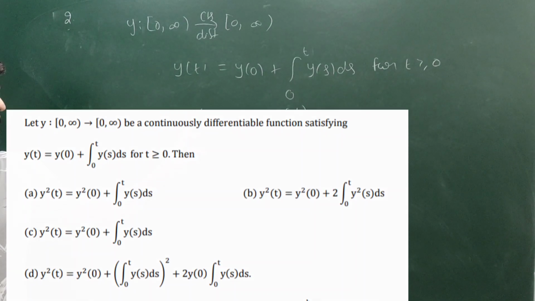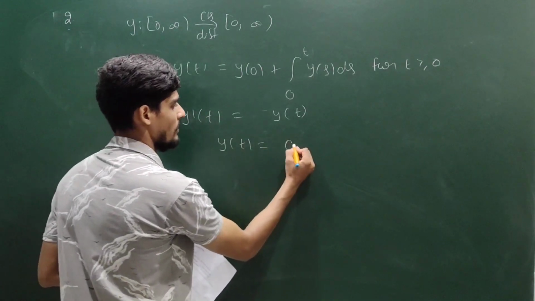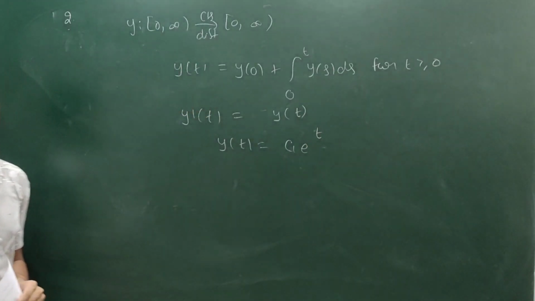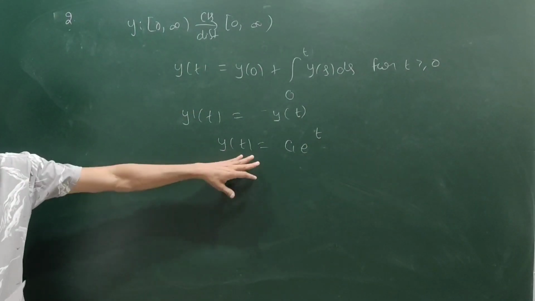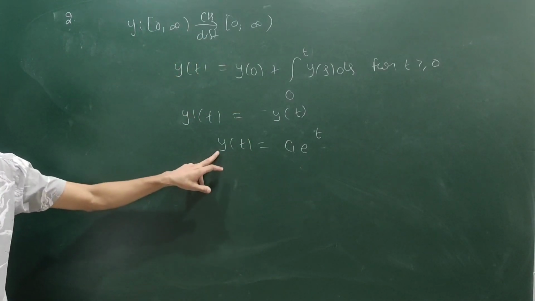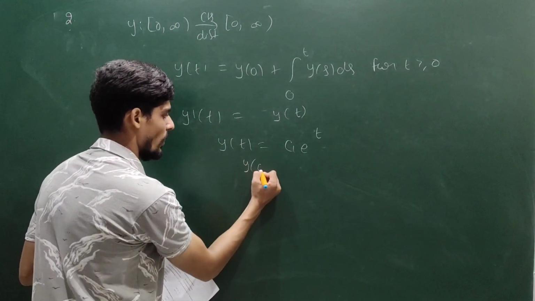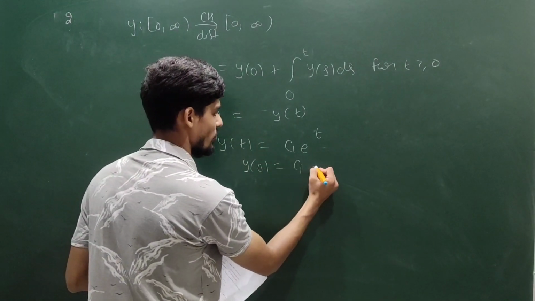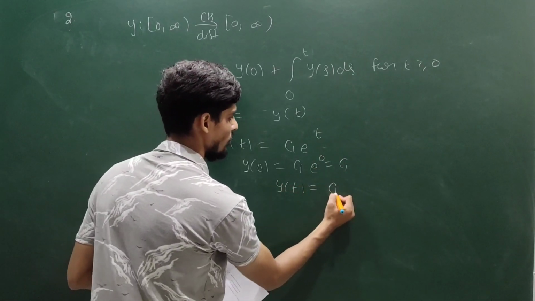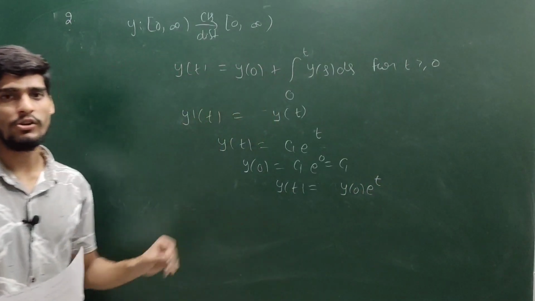You know the auxiliary equation is m minus 1, so the root is 1. So you can see your solution will look like c1 e to the power t. This is your solution. So in one line, you are getting the solution directly. So you can compare with the options, and they have given y(0), the value comes to 0. So at y(0), c1 will be y(0) e to the power 0, that is c1. So you can write your solution y(t) equals y(0) e to the power t. This is your exact solution.